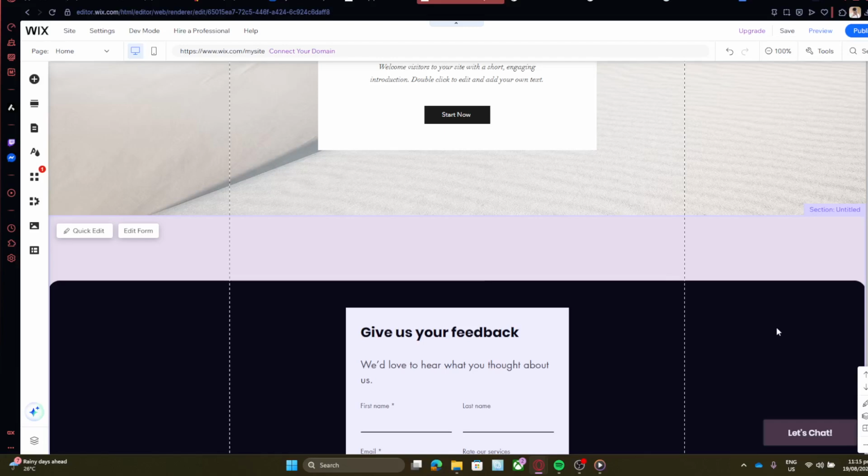That's all there is to it. With these simple steps, you've learned how to effectively manage and delete unwanted gaps using the Wix editor. It's just one of the many ways you can utilize this powerful tool to ensure your website looks polished and